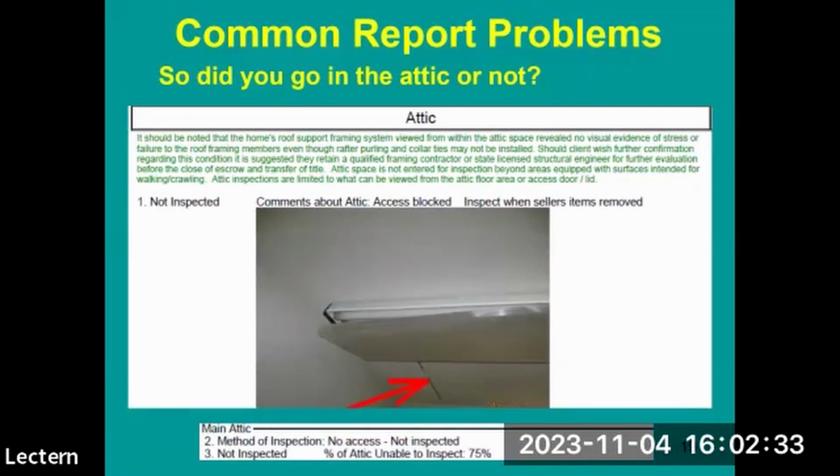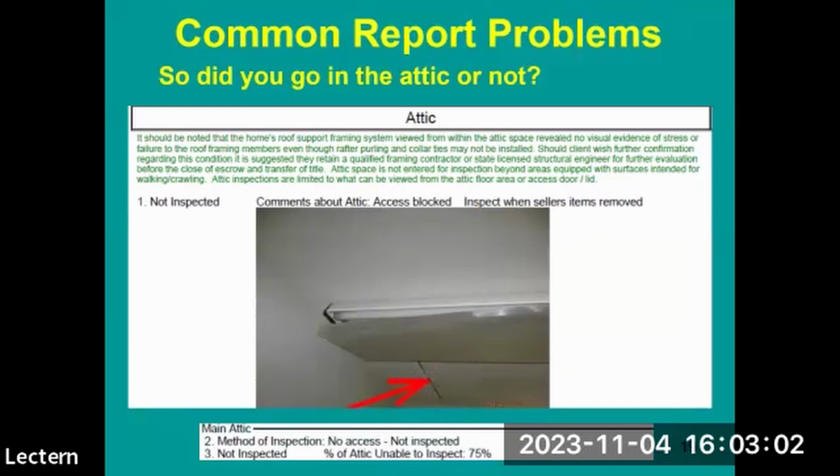All right, some more comments. Now this inspector used a report. Instead of starting with a fresh, clean template for the report, he used a report from the previous day and modified it for the home he's inspecting today. So yesterday's report, I don't know, maybe he's saving money on using the report or something. I don't know. Anyway,